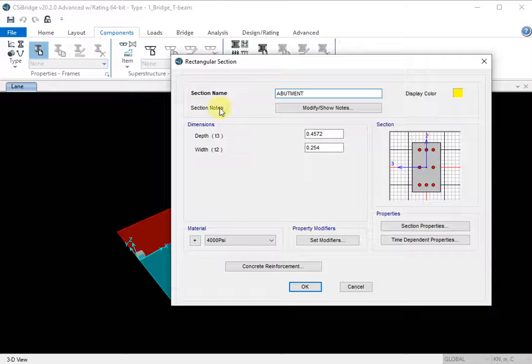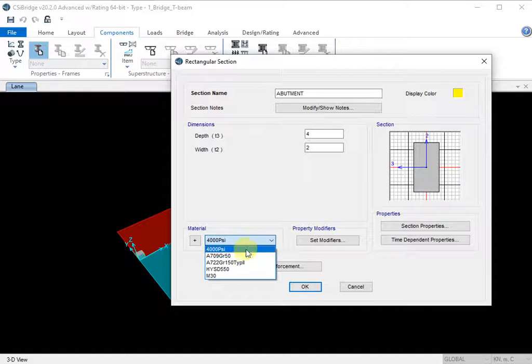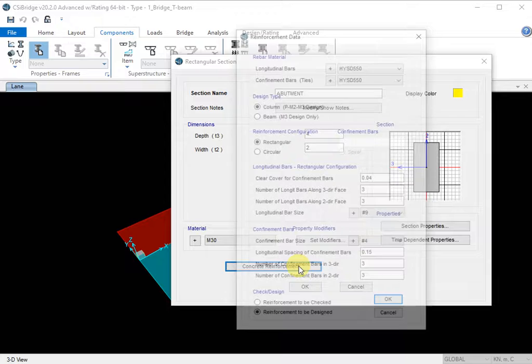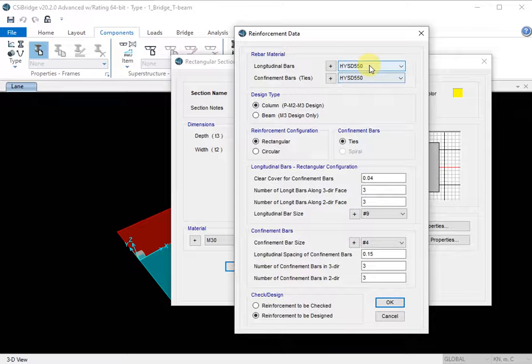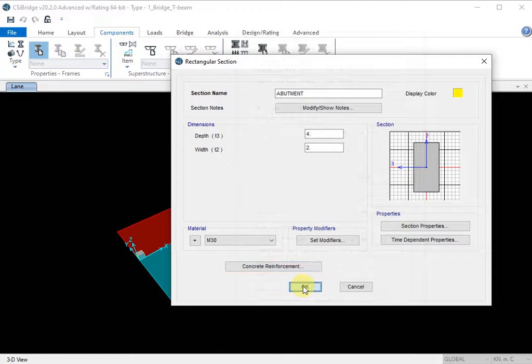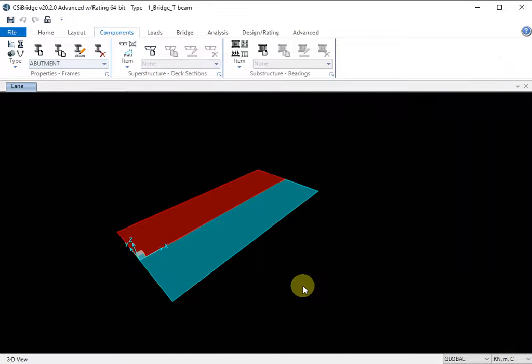So for abutment you go here, the depth you consider 4 meters, and width you consider 2 meters, and you change the material to M30. Okay, so you go to concrete reinforcement, you change to HYSD 550. Okay, you press OK. So this is how to define the abutment.